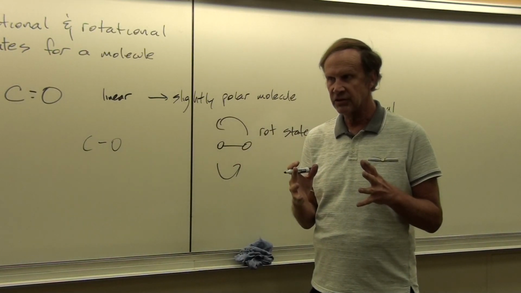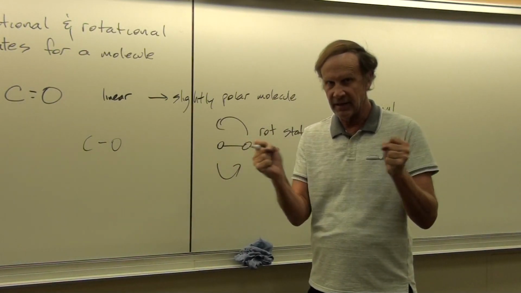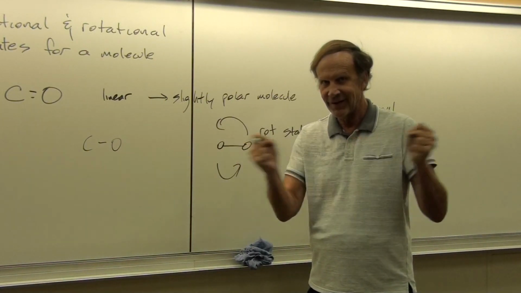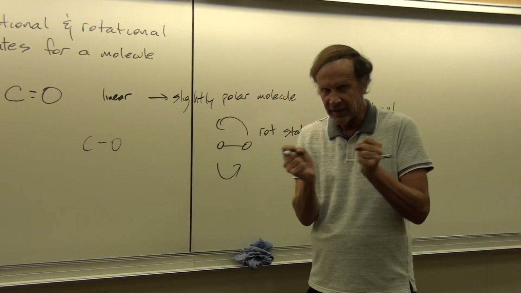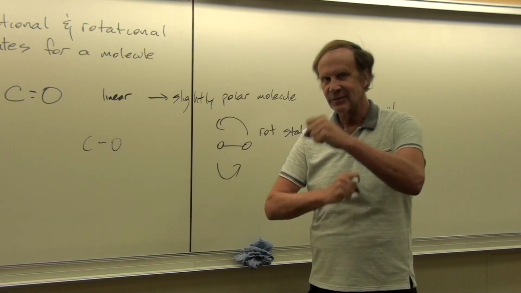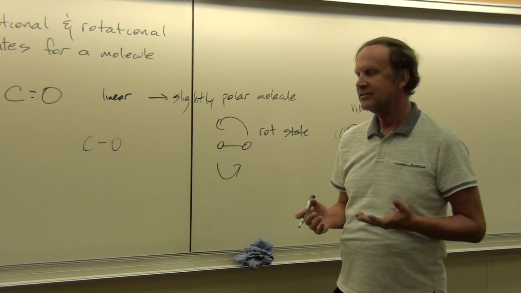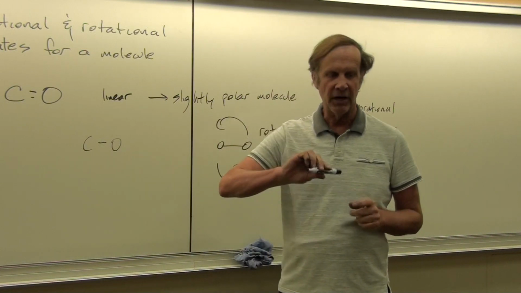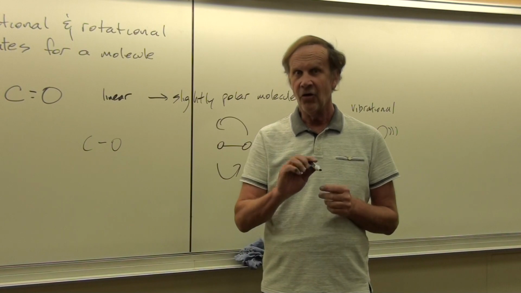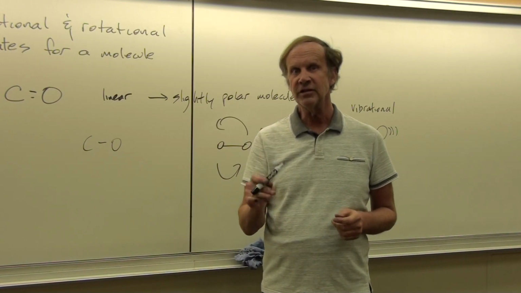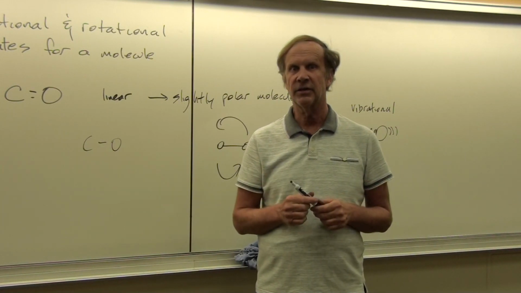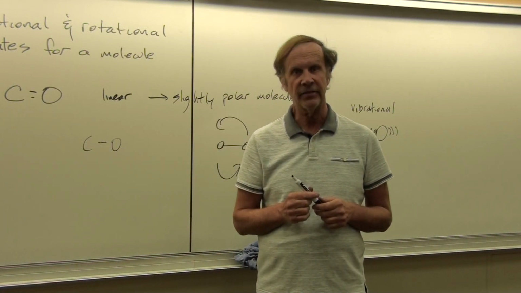And so you don't just have something vibrating like this and then slowly changing to where it's vibrating like this, but rather it's either doing this, or it's doing that, or it's doing this, but nothing in between. And similarly with the rotation states, it's kind of surprising that if you've got a molecule like this that's rotating, it can either be not rotating at all, or when it absorbs its first photon that allows for a rotational state, it's already going something like 1 billion cycles a second, and nothing in between.